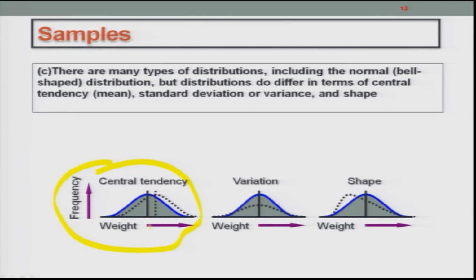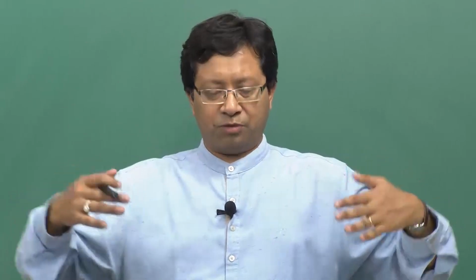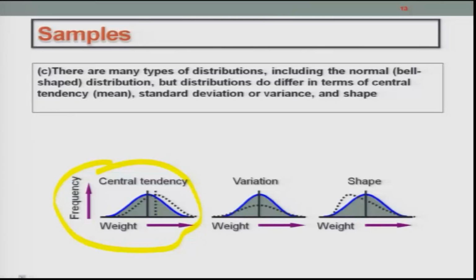So, again, you are measuring the same thing: the weights along the x axis, and the frequencies, or the relative frequencies, or the chances, are being measured along the y axis. Now, if the variability increases and the mean value remains the same, it becomes more flat, that means more dispersed. So, if you look at the second diagram, which I will try to highlight